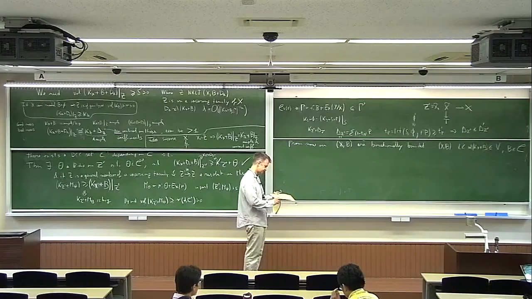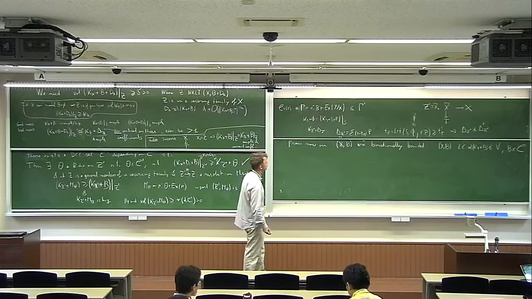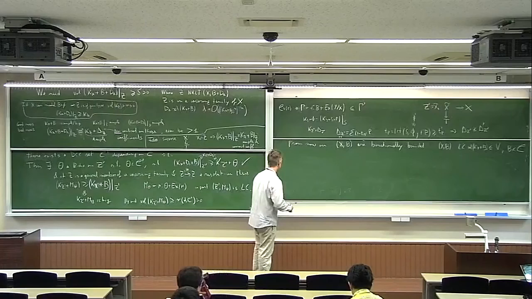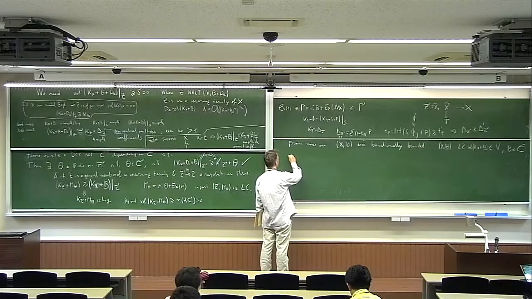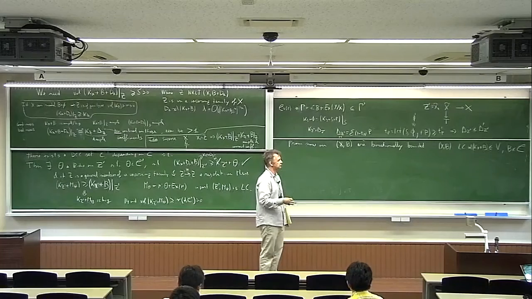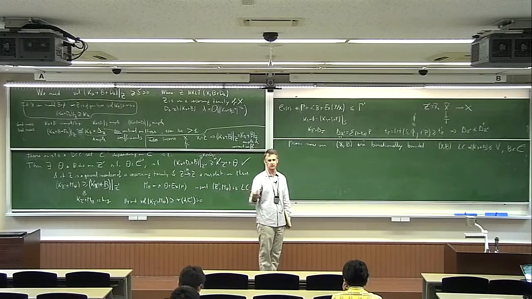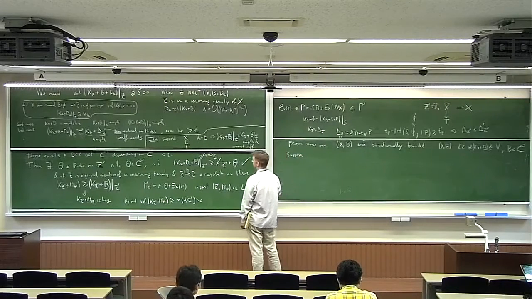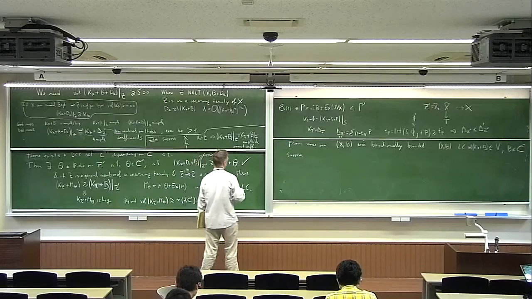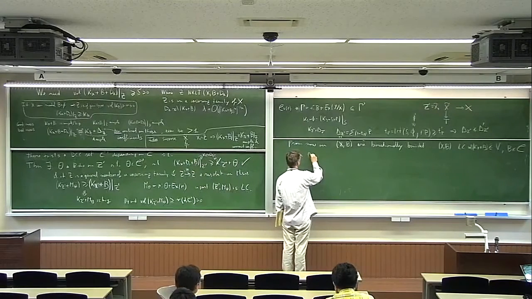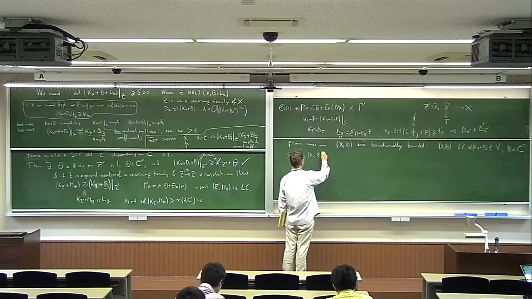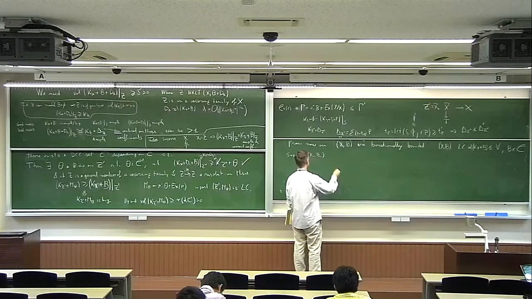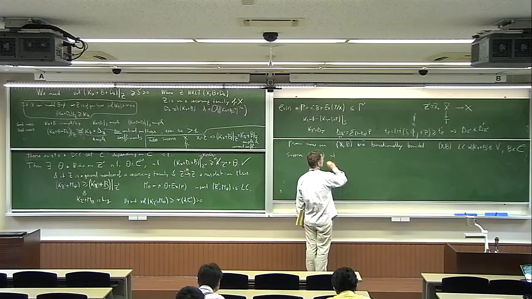Okay, so why aren't we done at this point? Well, the problem is now with the coefficients. Let me try and explain why. So suppose, for example, that we're trying to show the DCC of volumes, right? So suppose that this property of the volumes being in a DCC set doesn't hold. So suppose we have pairs (X_i, B_i), which are log canonical, the volume is bounded from above, and the coefficients are in a DCC set, such that